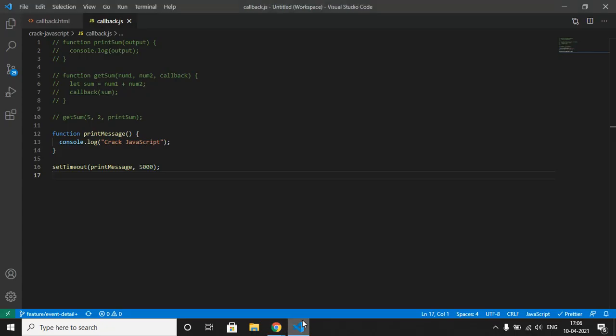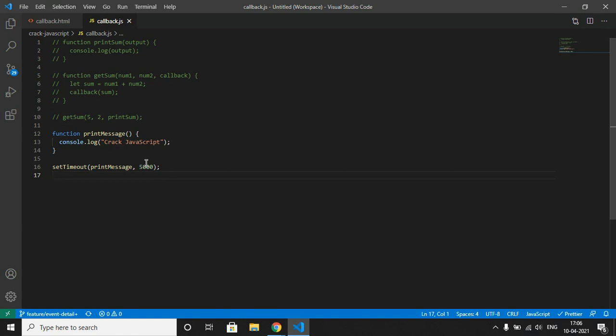There is a built-in method in JavaScript called setTimeout, which calls a function after a given period of time. So here the message Crack JavaScript is printed after 5 seconds have passed. I have declared the time in milliseconds, where 1 second is equal to 1000 milliseconds. That's why I have declared 5000 for 5 seconds.